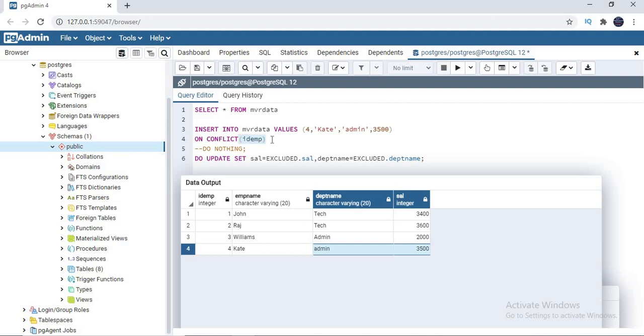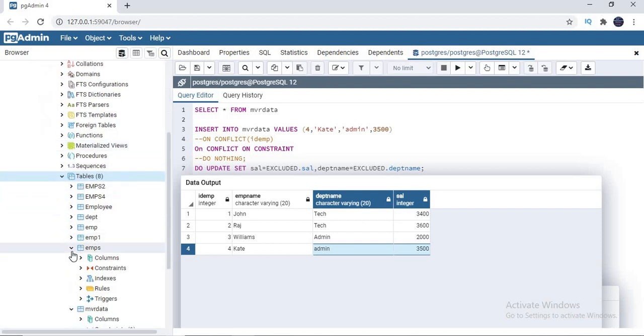Let me comment this so that you can see that as well. So on constraint, on constraint. So what is the constraint name? You need to get the name. Okay, the behavior is same. I'm just giving you a different way of handling the same situation. Yeah, this is the name of the constraint.